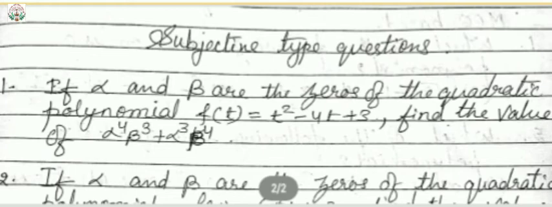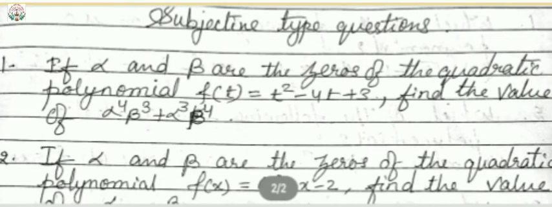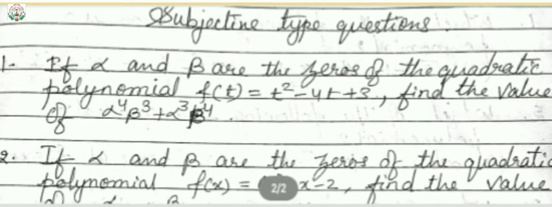Okay, the given polynomial, the quadratic polynomial, you can find it is in the form of ax square plus bx plus c. Compare that. So now here the sum of the zeros will be alpha plus beta equals to minus b by a. So here you can see minus b means it is minus of minus 4 upon 1, so that will be 4 only. And the same way alpha into beta, that is c upon a. So c is 3 and a is 1, so 3.